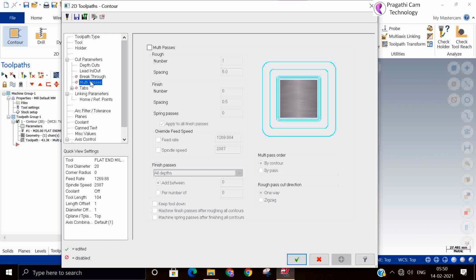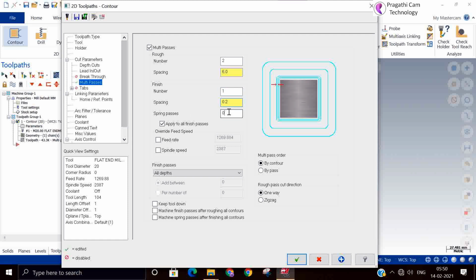So the tool will approach the profile from outside to inside. So now I will add two passes. Spacing I will keep 6 mm. If you want, you can put a finish pass, one pass and point 2.